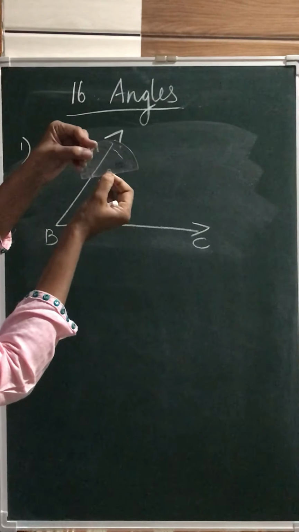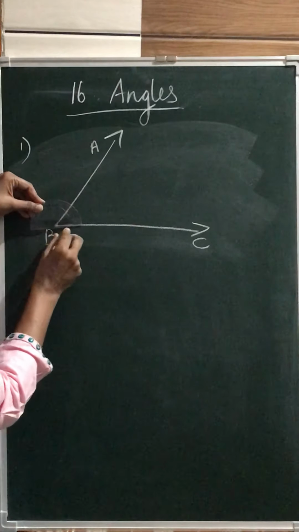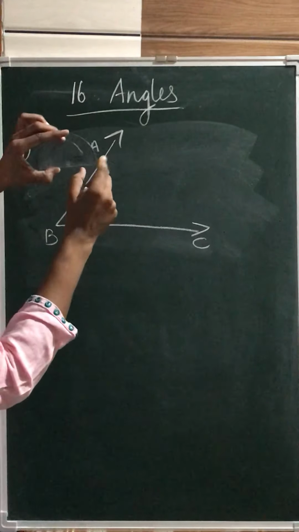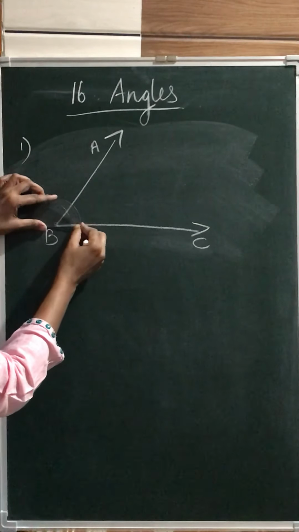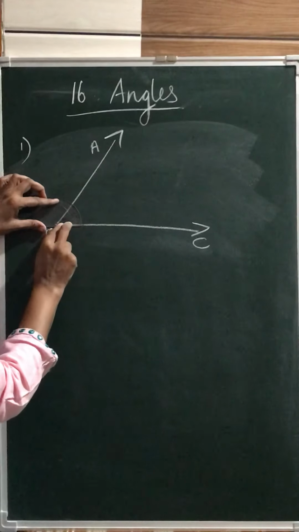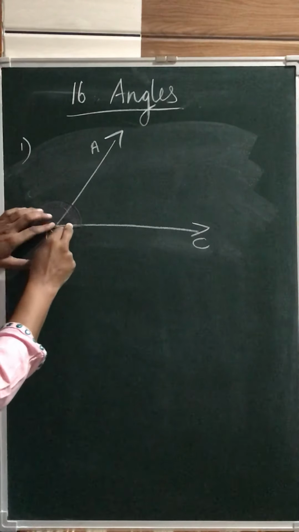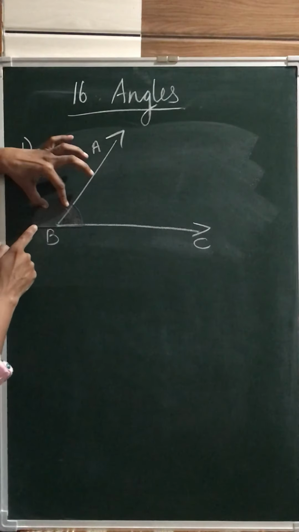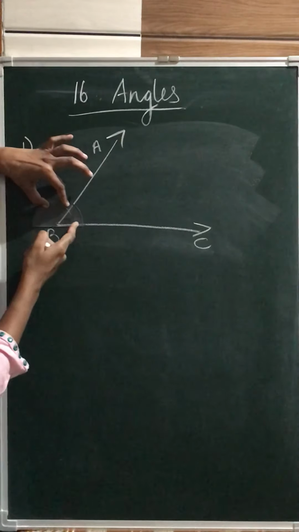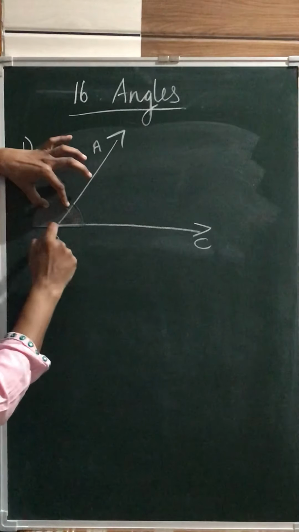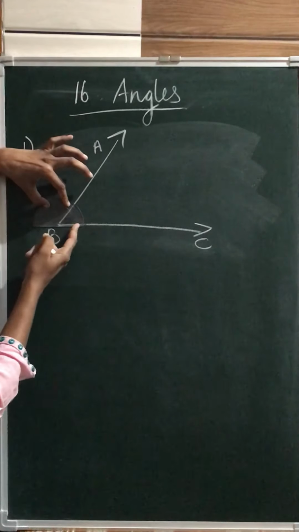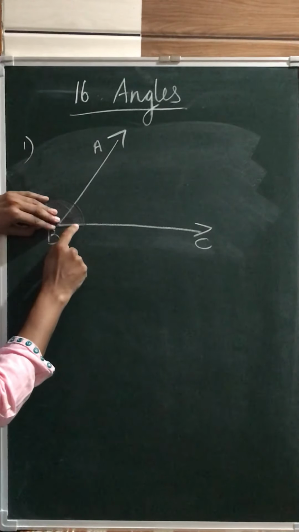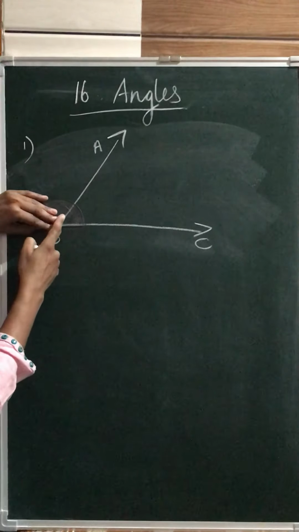There is a central point here. We can fix this central point on this vertex, and this baseline. Here there is a baseline. Attach this baseline with this ray. Fix it like this, and start with 0. Be careful, on this side also there is one 0, but we have to start from here. Which side is the arm? The ray. That side we have to start. From that 0 we have to start the measure.